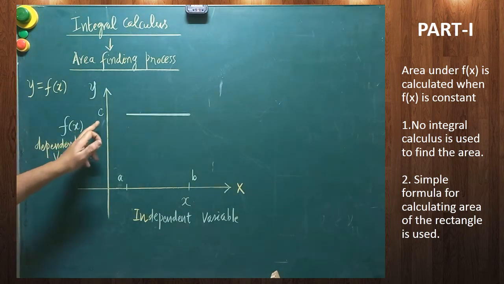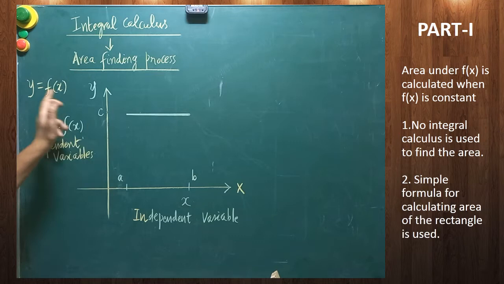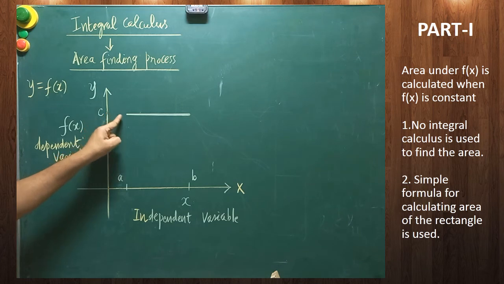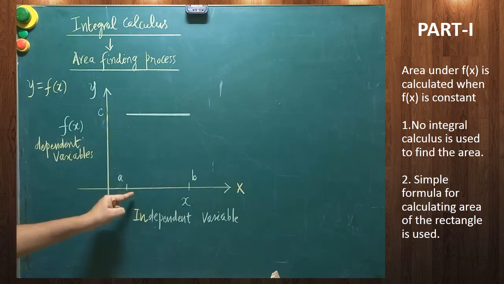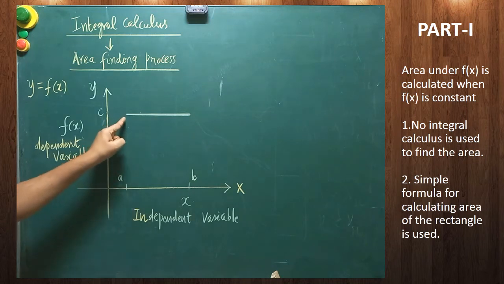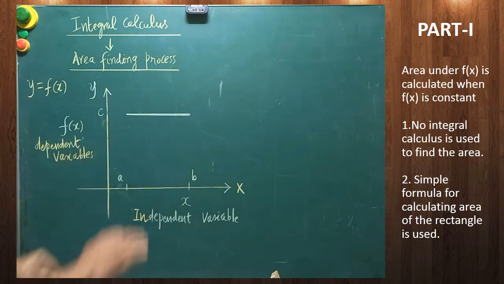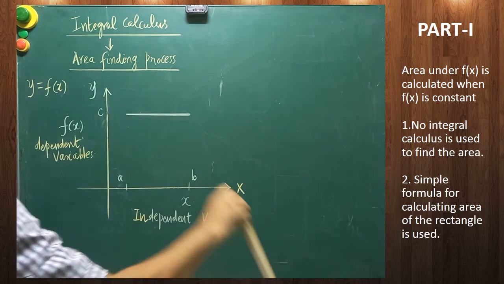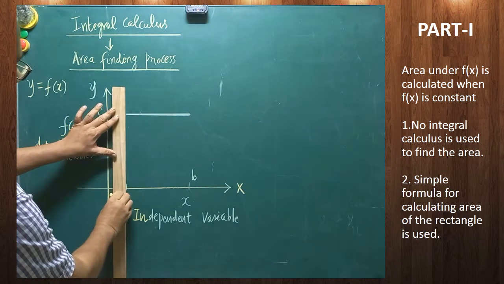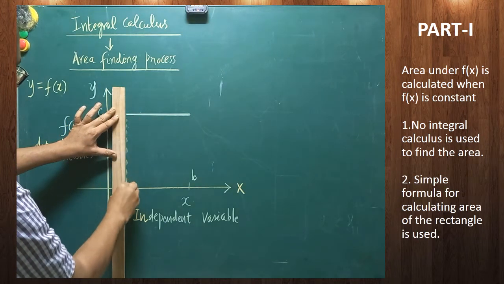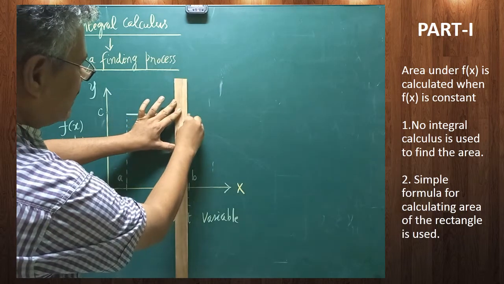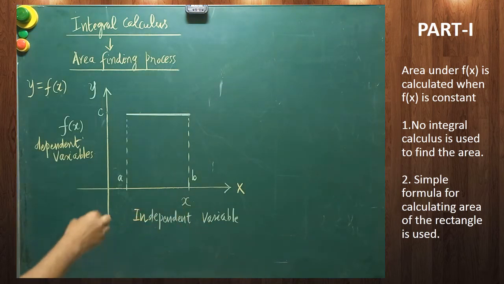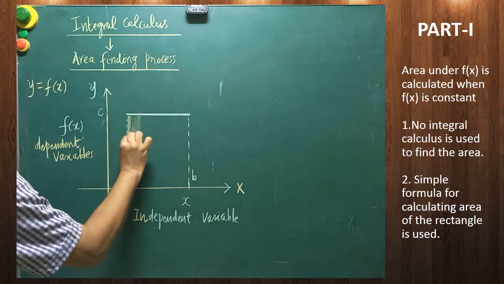Now let us imagine a specific value for f of x. Here when the x value changes, the y value is kept constant. Though the x value is increasing from a to b, the value c is kept constant. Are you clear? I have drawn a straight line. Now I am going to calculate the area. The area under the horizontal line can be calculated. From that area, we are able to measure some other quantity. So how to measure the area? Now you just simply shade it.